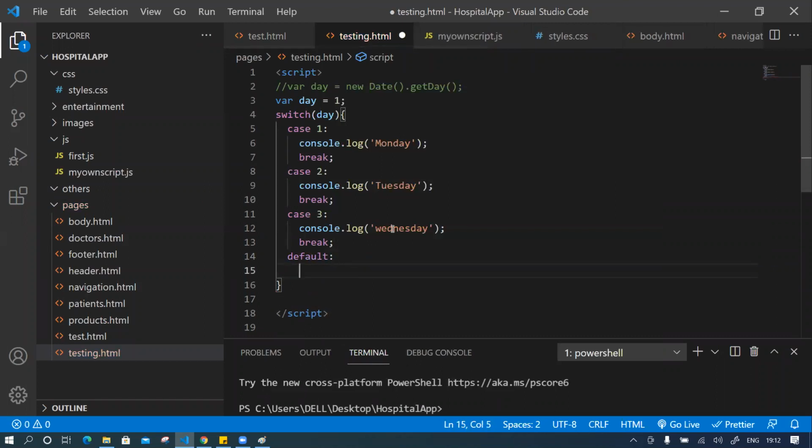So then we have to write console.log. No need to write break again. So if it is 0, we have to write for 0 also if you want. Or otherwise we will write so